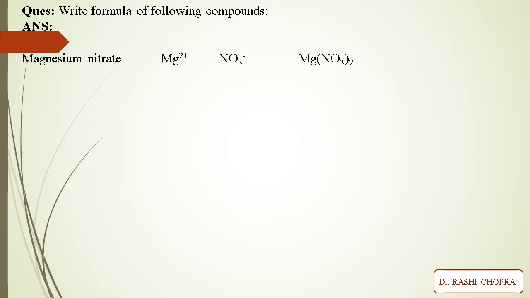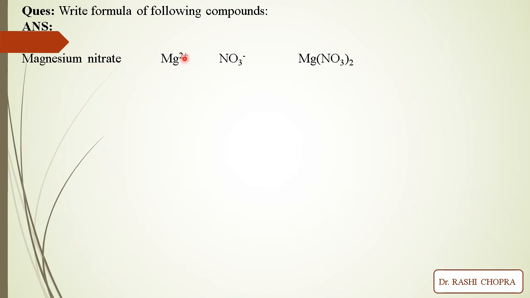For example, we need to write the chemical formula of magnesium nitrate. Now what will I do? Magnesium nitrate is basically formed by the combination of the magnesium ion, which is a positive ion, and the nitrate ion, which is a polyatomic ion in the negative species. The charge is negative. So a positively charged species reacts with a negatively charged species to give the compound magnesium nitrate.